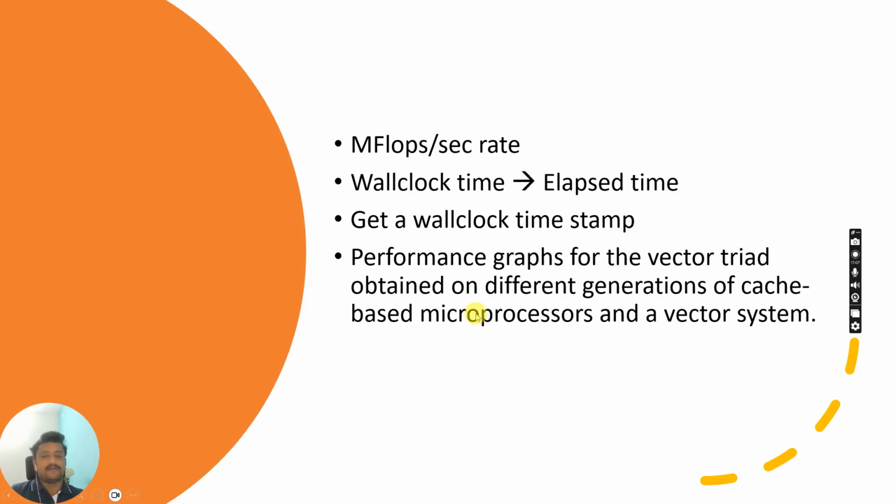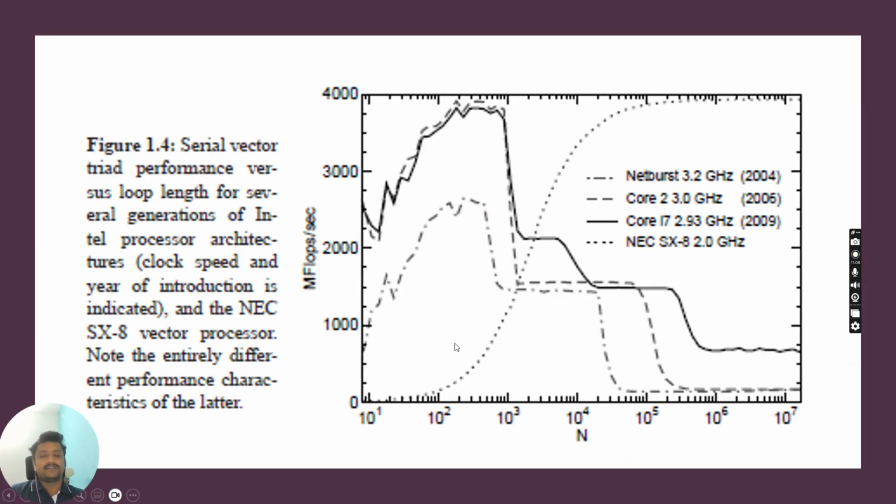As we have told, we have a performance graph. Here also we will be having a performance graph that has been used for various generations of this particular cache based processor architecture, where here we have taken various standards such as NetBurst, Core, Core i7, NEC. These are the various evolution systems related to the particular cache based computer processor architecture